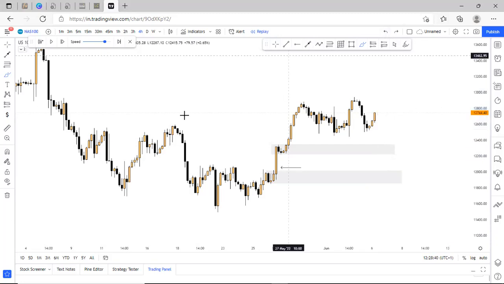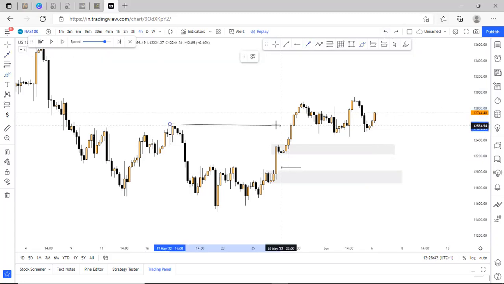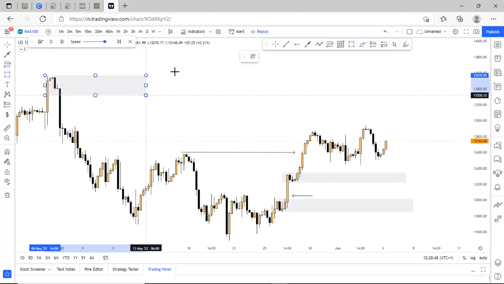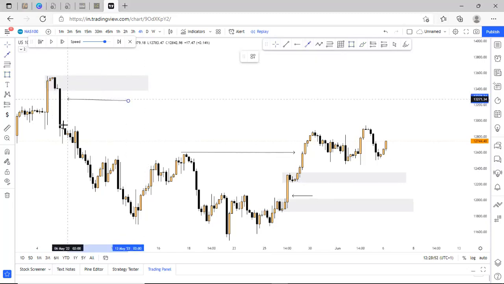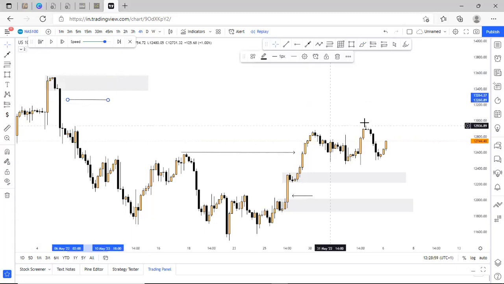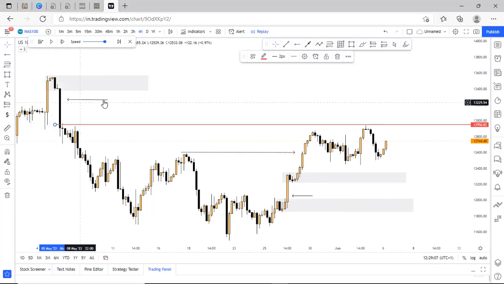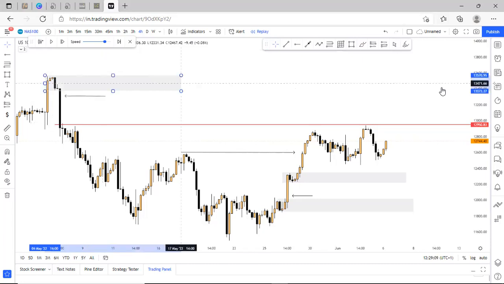So as you can see, we took out this significant lower high, and also looking to your left, we have this supply zone that has imbalance as well, this high impulsive candle right here. So we have imbalance as well, and price is yet to fill up the whole imbalance. You can see price came close and we are yet to fill all of this gap. So at this point in time,